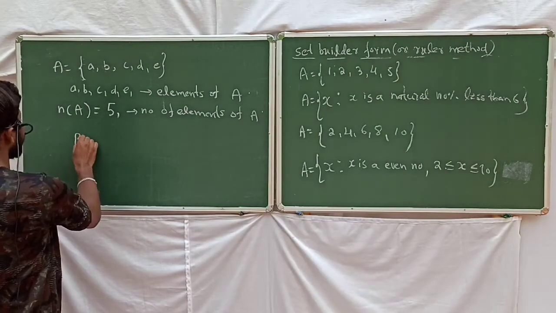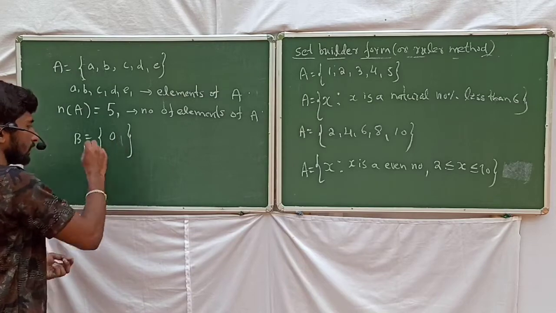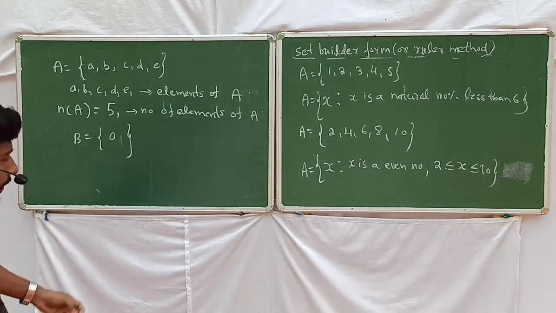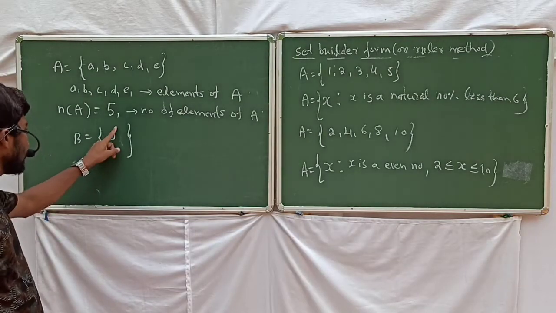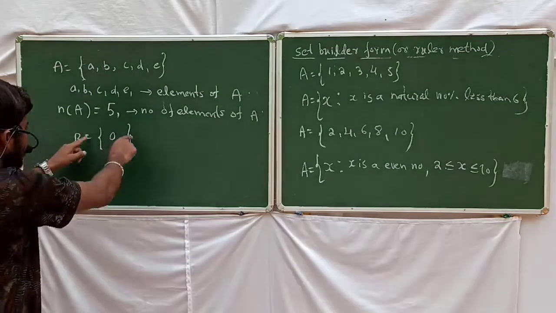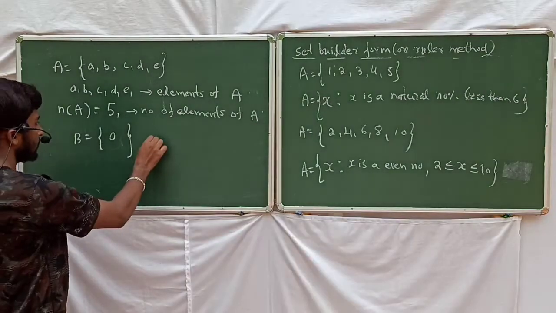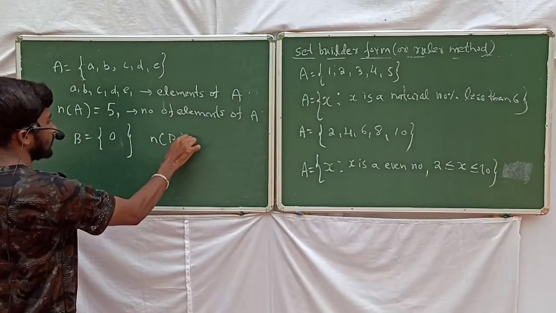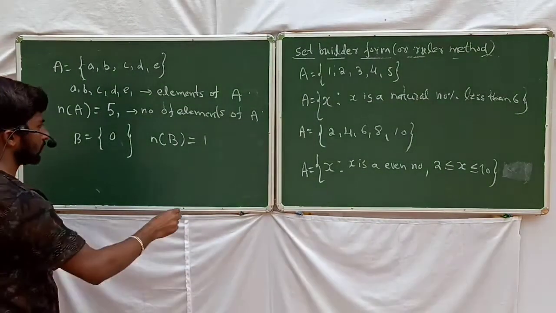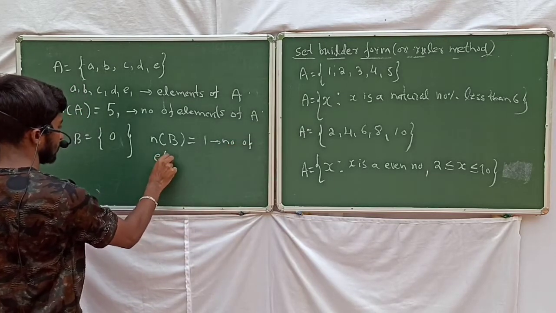Suppose set B is equal to {0}. How many elements are there? Here, 0 is the one element. We can't say the number of elements is equal to 0. The set has one element, that is nothing but 0. Therefore, you can write n(B) is equal to 1. That means your set B has one element. It's nothing but the number of elements